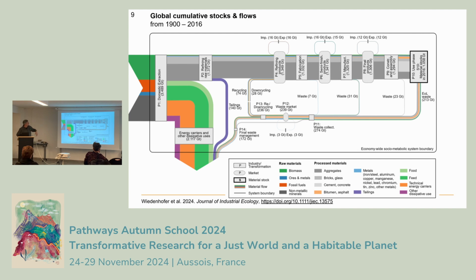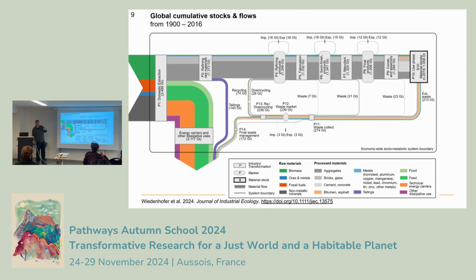So this is the cumulative stocks and the build-up of flows over the last century globally. And you can see these components here. You can see the extraction, the refining, the fabrication, manufacturing, final products, the use phase. Here you also have the 1,000 gigatons of stocks that we have at the planet Earth, which is more than all living organisms on the planet, if you dry them. Dry matter. You have all the waste, you see the level of circularity, which is very low, right?